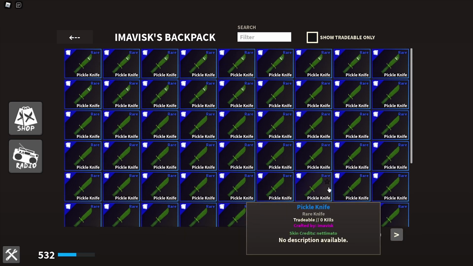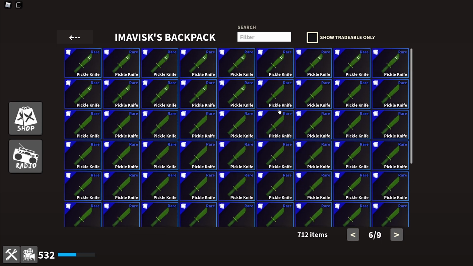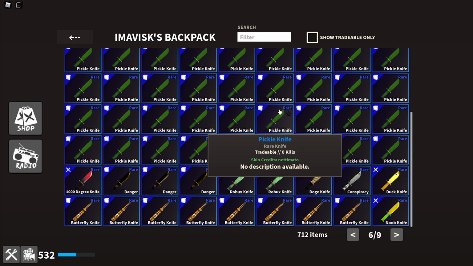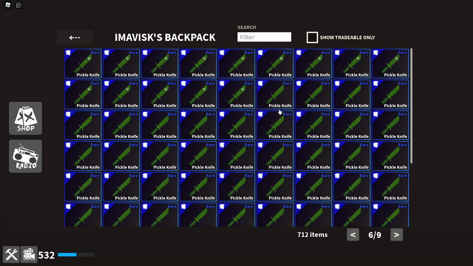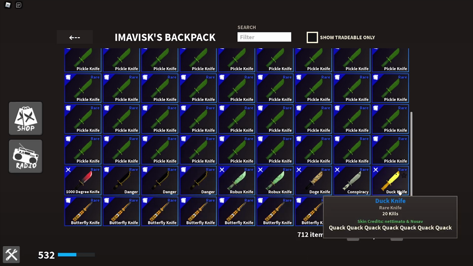as well. On the next page we have the Pickle Rick knife and the Pickle knife collection, which is kind of growing to be honest. I think I have now a lot more than I had the last time, so yeah, very interesting to be honest. And then of course a bunch of other stuff as well, like the butterfly knives, which I believe once again are from the mystery crate, as you can see, the danger knife, Roblox knife of course, and then a